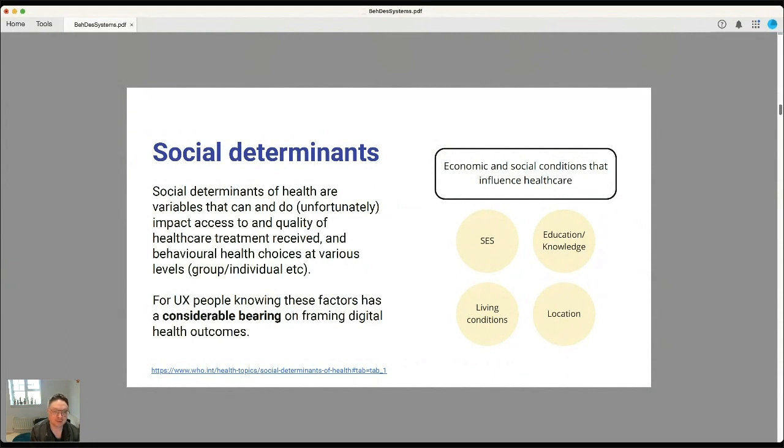And obviously, at the moment, health equity is a huge topic and something that UX people should be interested in. So these factors also have a considerable bearing on why we're looking at behavioural design systems as well. So just understanding the economic and social conditions that influence healthcare. For example, socioeconomic status, education and knowledge, living conditions of people, the location, all of these can be expanded on quite dramatically. But just having a basic awareness of this can fundamentally change the way that you design patient